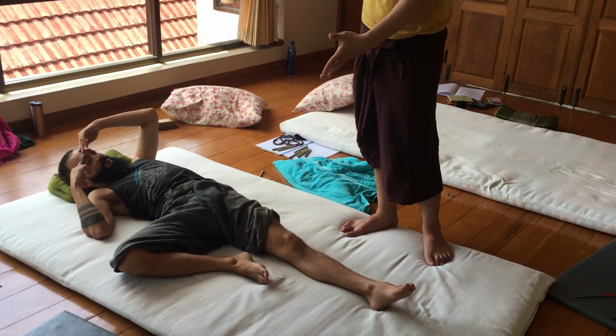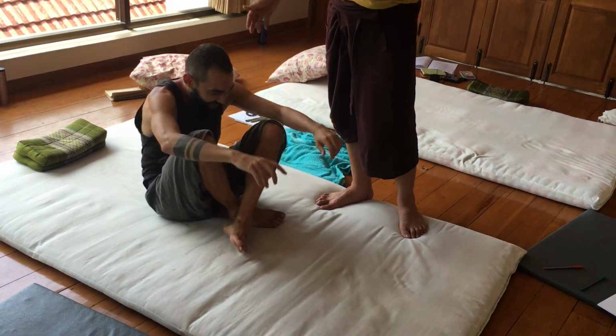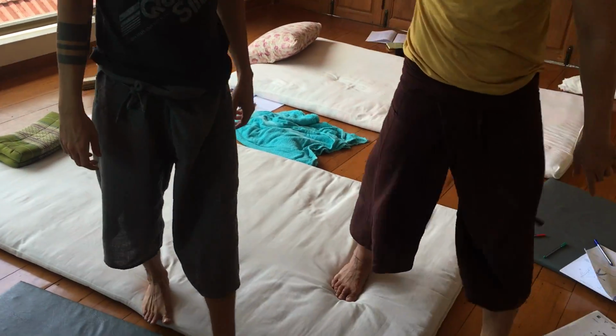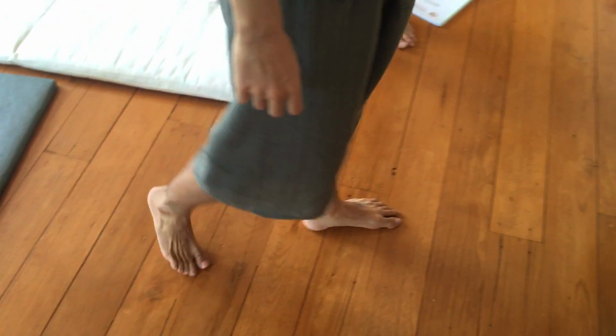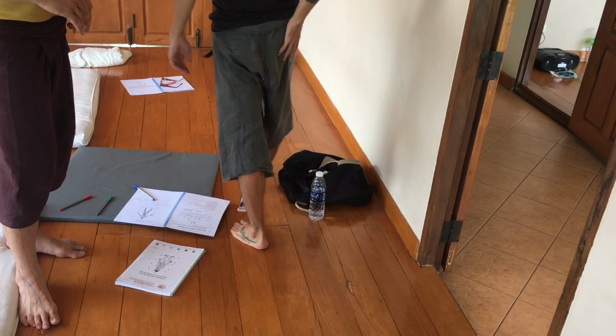And how do you feel now? Can you walk? You can walk. You are healed. Can you walk? And now when you walk, you feel the touch on the feet. And when you walk, what is different? You feel light or kind of like something free? Yes. You feel different, no? You feel like free and